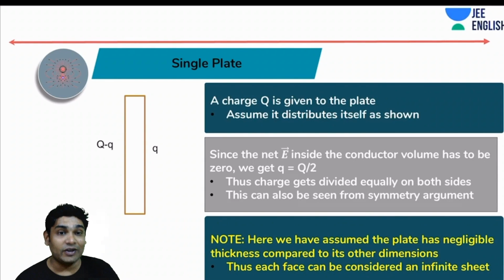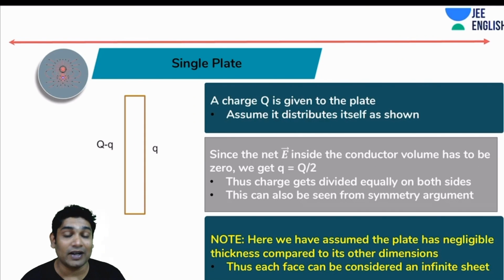Alright, so the first case that we are going to discuss is a single plate. Here I've taken a single plate, I've assumed it was given a total charge of capital Q, and I want to see how this capital Q is distributed. You need to know one thing before starting any calculations or finding any charges: it's an assumption. Make an assumption that the thickness of the plate is negligible. Because of this, for all practical purposes,